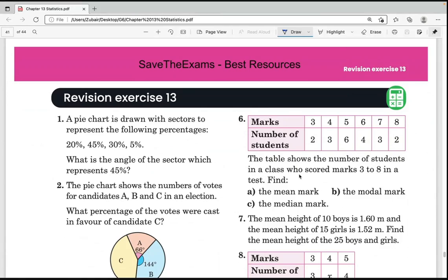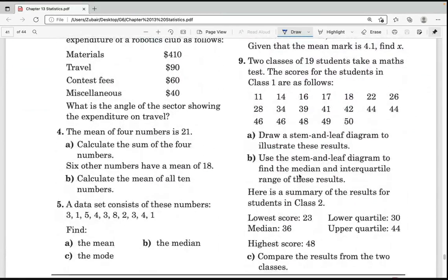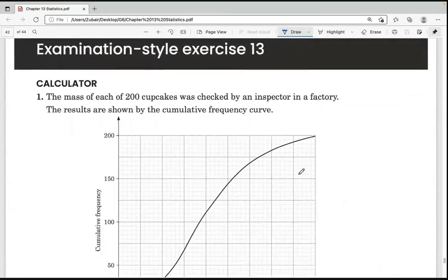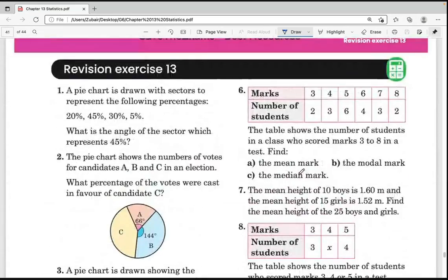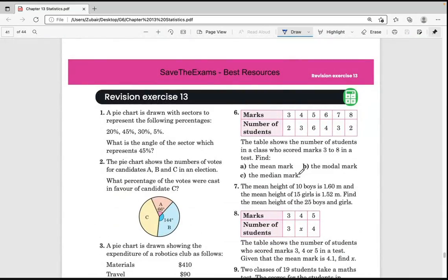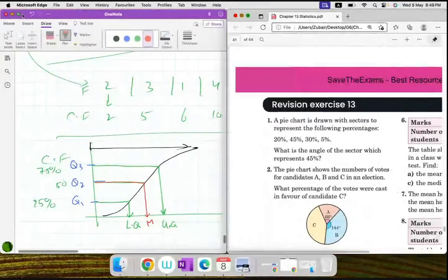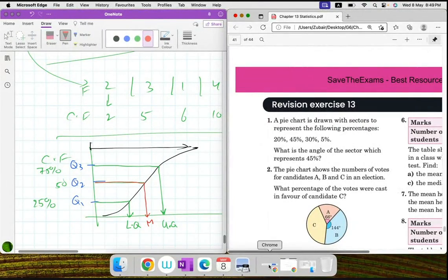And then revision. Please do not waste your weekend. Comparative statistics is easy, but you have to